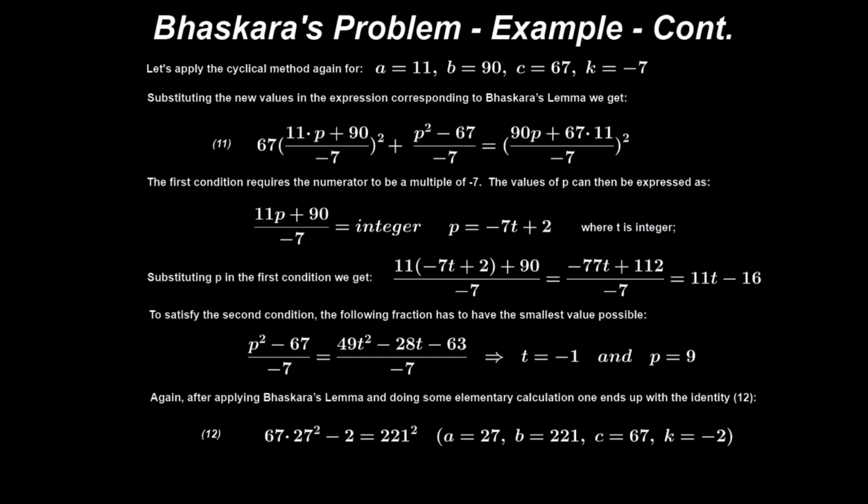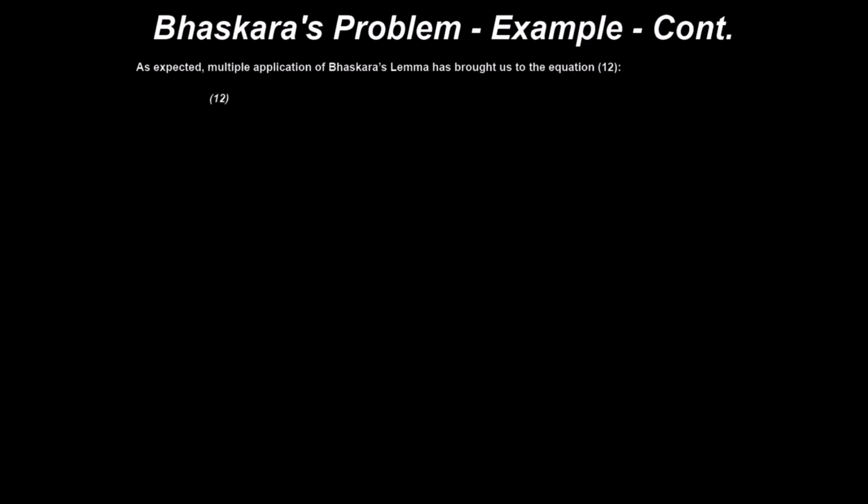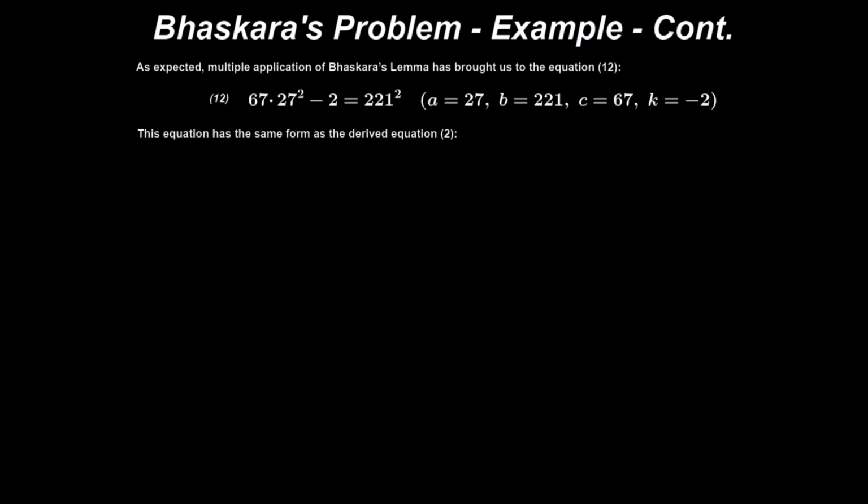We now have a equals 27, b equals 221, c equals 67, and k equals -2. By substituting these values in equation 3, and then dividing by 4, we end up with the fundamental solution to